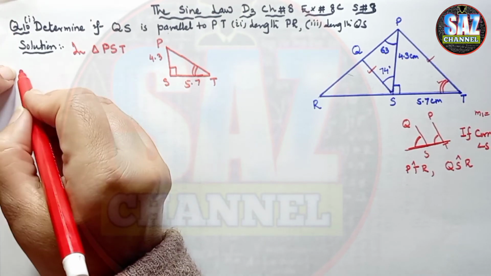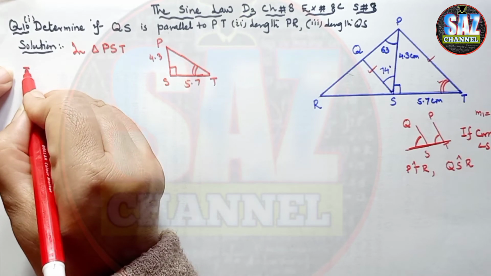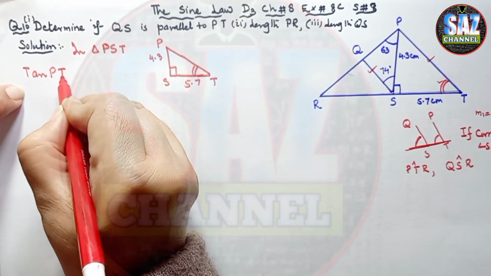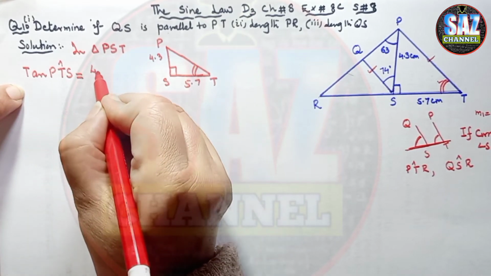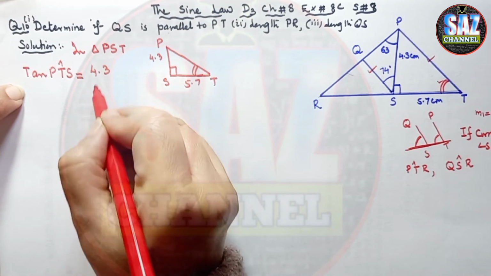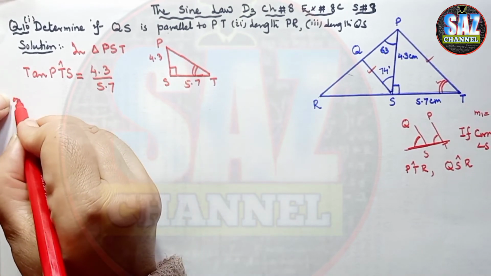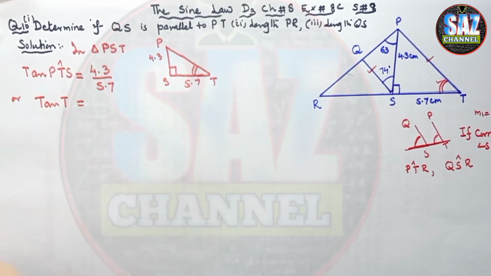So for that, opposite upon adjacent, tangent T equals 4.3 upon 5.7, opposite upon adjacent, 4.3 divided by 5.7,